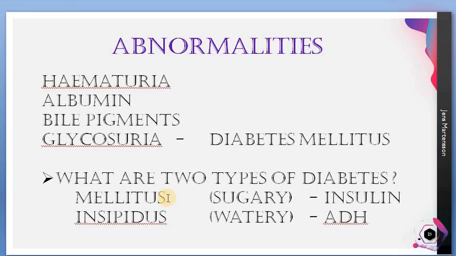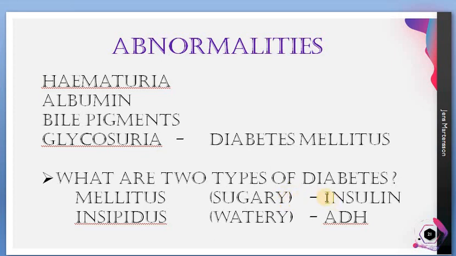And the reason for this diabetes mellitus is, when our blood is loaded with sugar, there will be a hormone that is known as insulin. This hormone is secreted by our body. This insulin will be converting the blood glucose into glycogen and will be stored in the liver. So that's quite normal function.